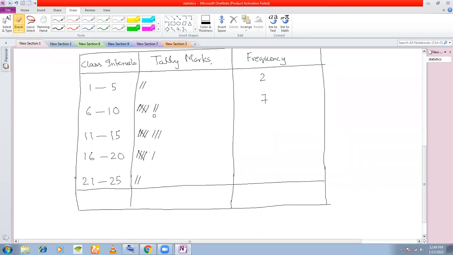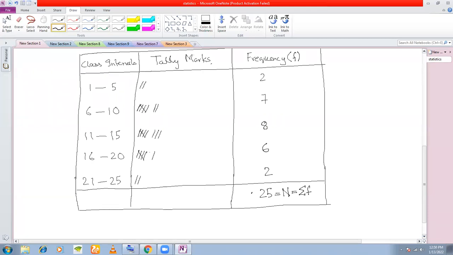Are we clear? Or any question till this part? No, sir. Yes, this is the way we count our strokes, or the tallies. Now what we do is we total the frequency. So if you total this frequency, you're going to get 25. This we normally represent by capital N. Or if we represent the frequency by F, we also sometimes call this summation F. Just remember this for the time being. Either N or summation F.